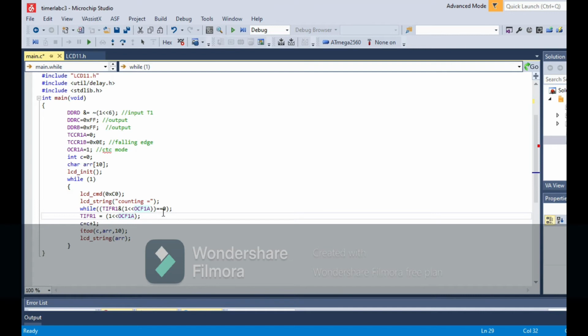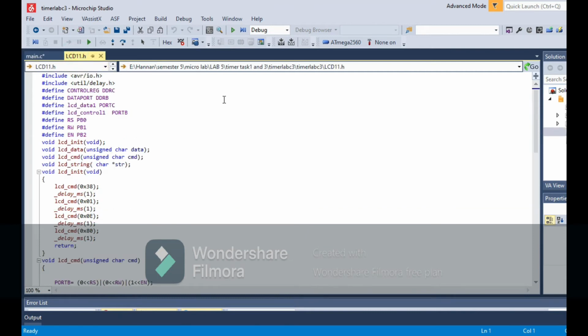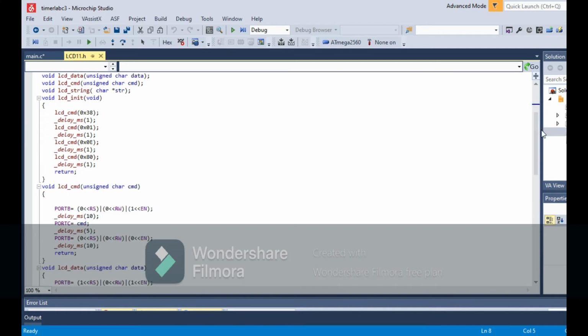Means when I turn the button on and off, my counting will increment. So this is the code, and now I'm going to show you the library that I have made for the LCD. You see that here I have called the RS, RW, enable pins and LCD data on the port for this. After this I have made the LCD initialization function in which I turn